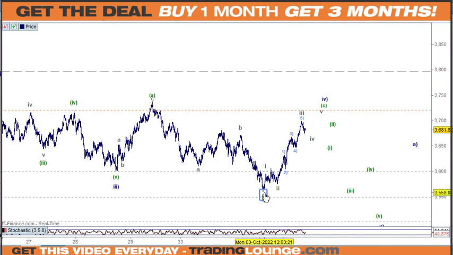an A and a B and a C wave here for wave B, and then we're looking up here for wave C or 4. So coming in around that old high here would be, it could be above that, could be below that, but it's just something that's probably worthwhile aiming for. And the other thing is too is